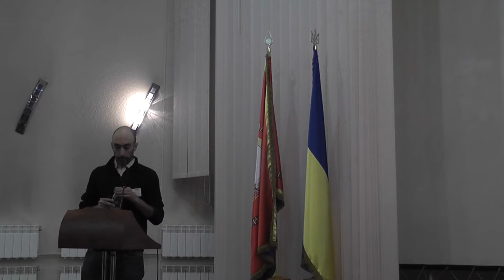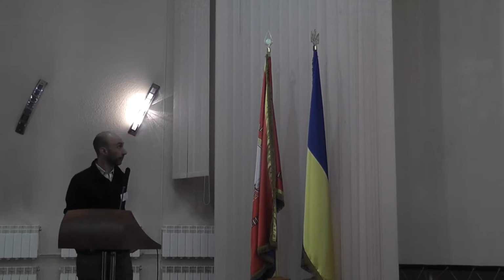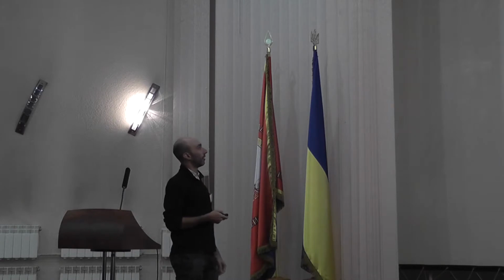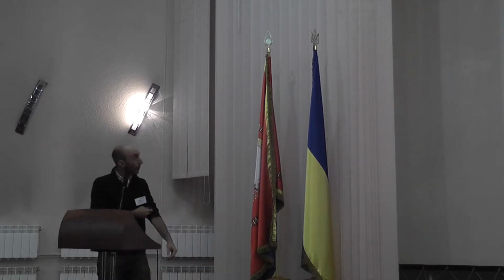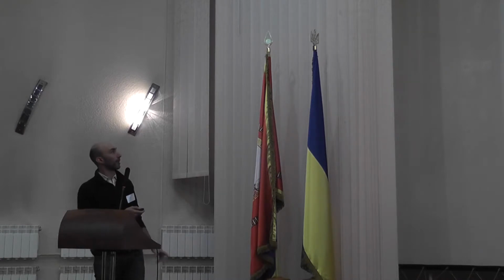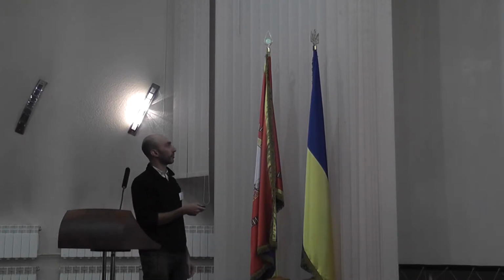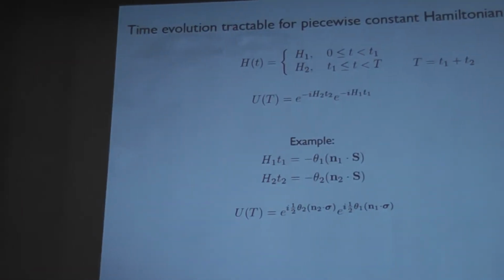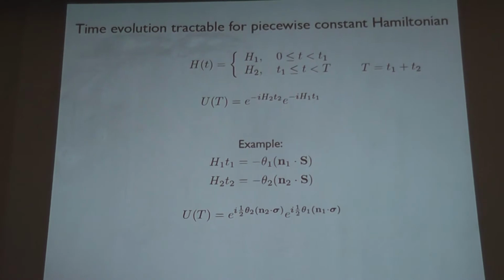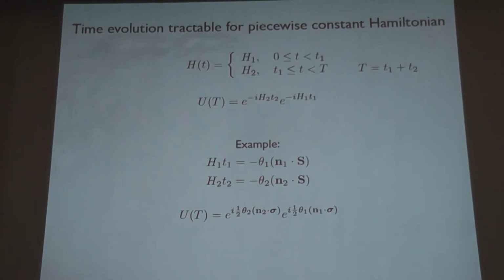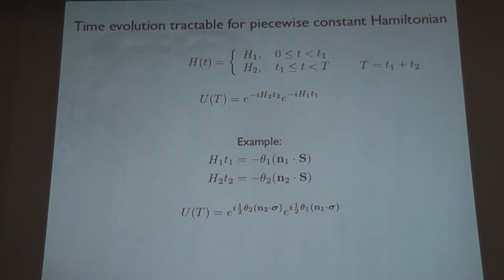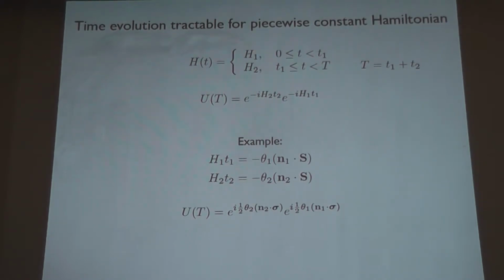Just the time? So the claim was, I guess I didn't make a very precise claim. So suppose I have two different unit vectors, n1 and n2. Let's let those be fixed. My system is fixed and I can control it: I can apply either h1 or h2, and then I could choose how long I apply h1 and how long I apply h2. That's enough. So if n1 and n2 are given to me, and they're not parallel, even if it's a tiny angle between them,